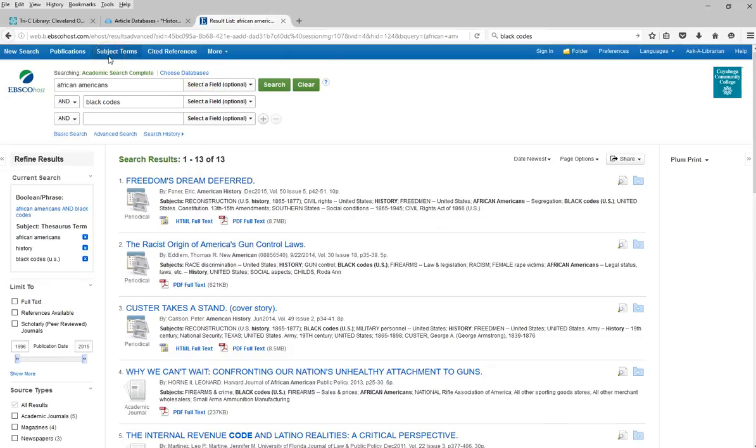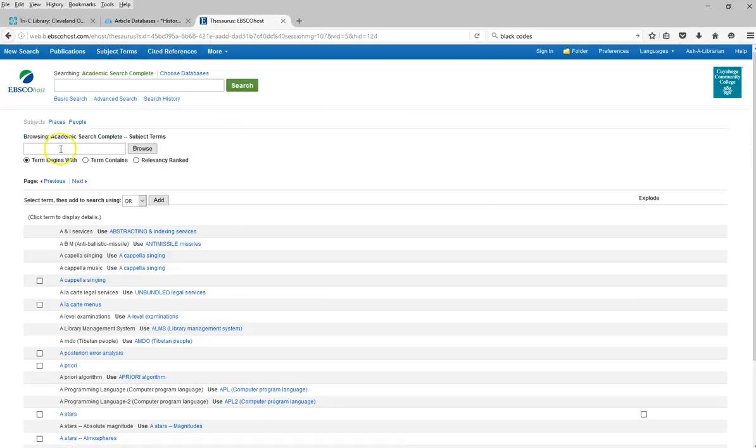The other thing that I wanted to make you aware of is that in some databases there are either subject term or indices available, and that will actually let you look specifically for the controlled vocabulary word for what you're looking for. So let me give you a quick example. Let's say I wanted to write a paper on the Japanese American internment. Well, that's the popular name for this term, but it is not the controlled vocabulary term. That's not what the database actually tags all of the articles about the internment with. So there are a few different bubbles here, and this is going to be an exercise in if at first you don't succeed, try again.